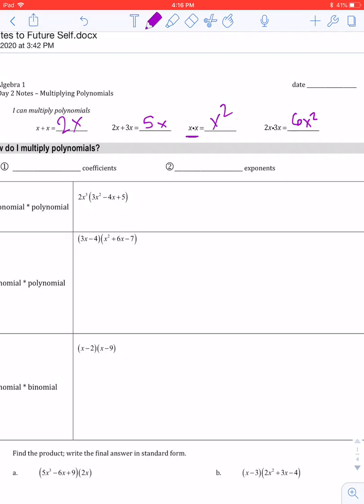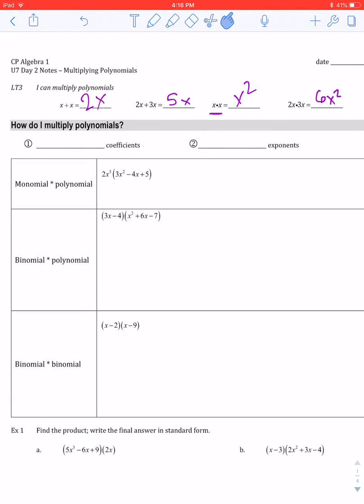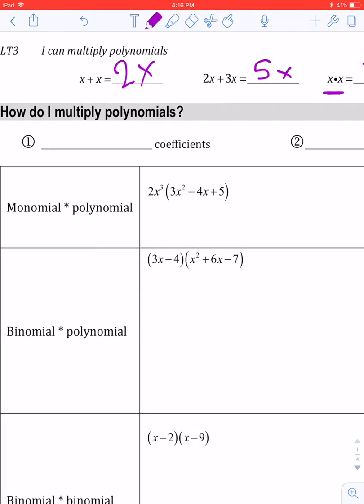Okay, so really we kind of did what we're going to be focusing on today, but let's put it into words and let's describe it. Let's move on down here above this chart where it says, how do I multiply polynomials? Okay, again, we kind of just did it, but if we're going to put it into words, all right, if I want to multiply polynomials, I'm going to start with the coefficients, okay? And what I'm going to do with those coefficients is I'm going to multiply them. So any of the coefficients you have, you're going to multiply the coefficients together. After you've done that,